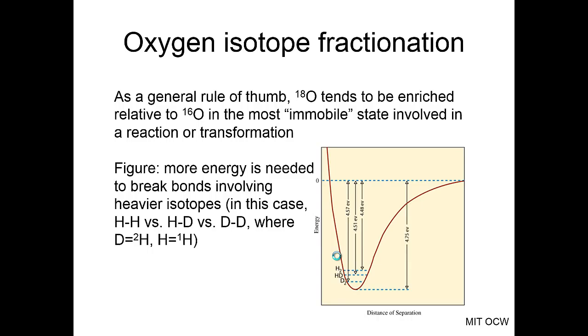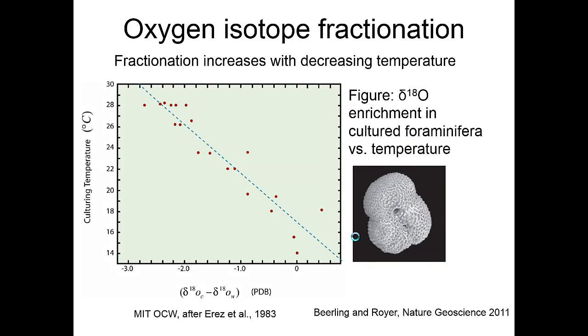Shown here is a plot of bond strength for different hydrogen isotopes, and we see that the heavier isotopes form bonds that require more energy to break. As a result, as a general rule of thumb, oxygen 18 tends to be enriched in the strongest bonds, that is, in the most immobile state. Because of this difference, we observe strong relationships between the temperature of calcification and the oxygen isotope composition of calcium